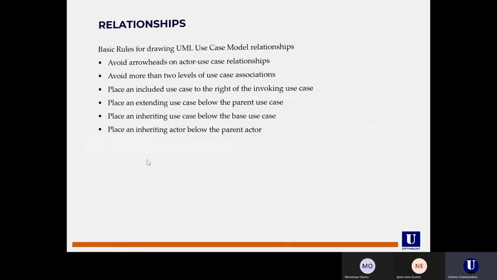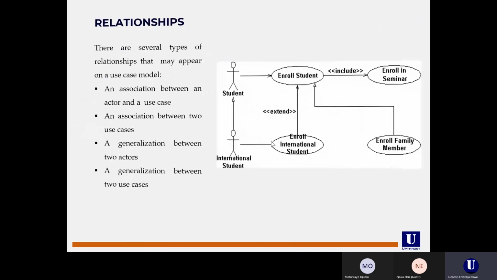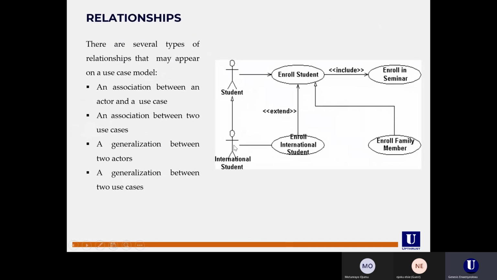And then finally, place an inheriting actor below the parent actor. So we have an inheriting actor here. This international student inherits everything that this student does. But because it's a special category of students, they have some things that they do that the parent actor will not do. So you place them below the parent actor and you draw their arrow upwards. So that is it about